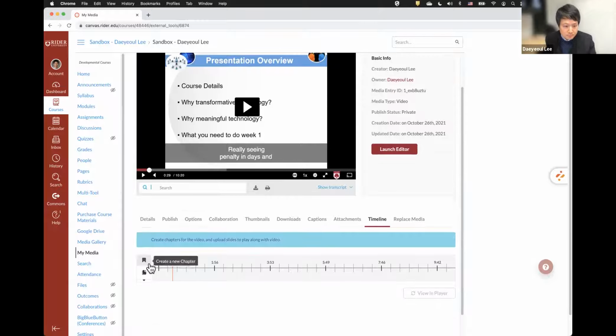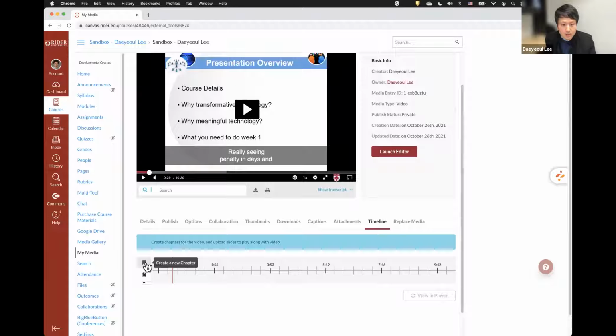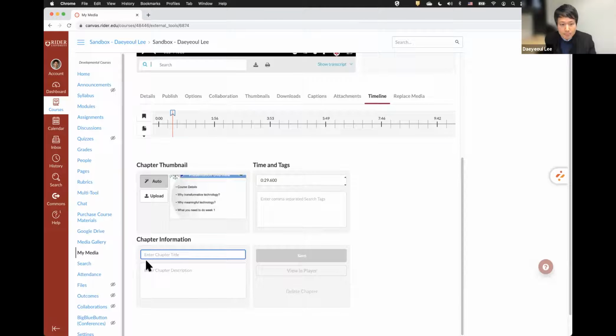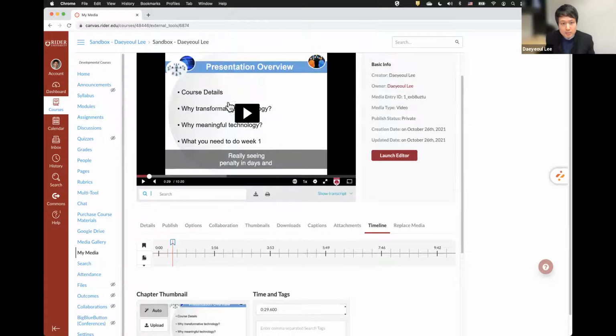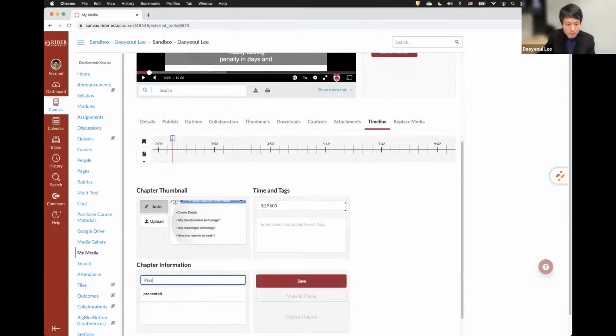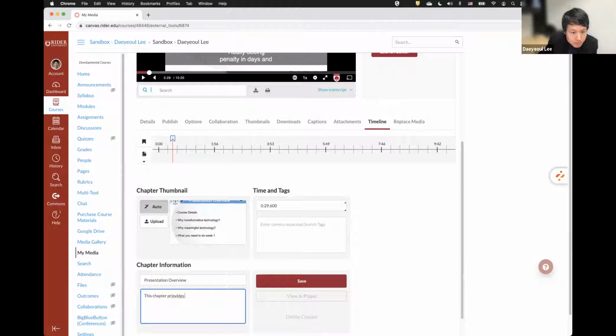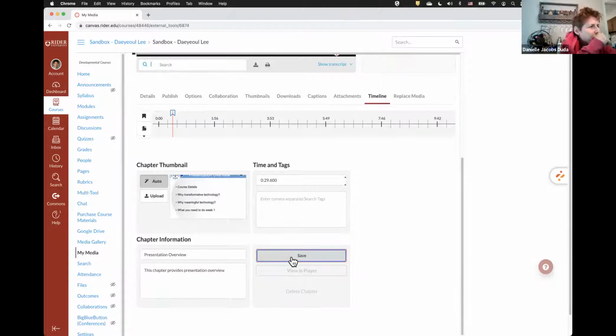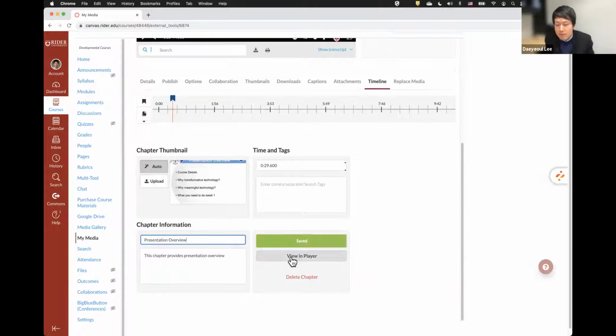In this case, you can click the bookmark icon. It indicates create a new chapter. If you click this icon, you can enter a chapter title, for example, presentation overview. And you can add a description here. Presentation overview. Click save. And if you click view in player,